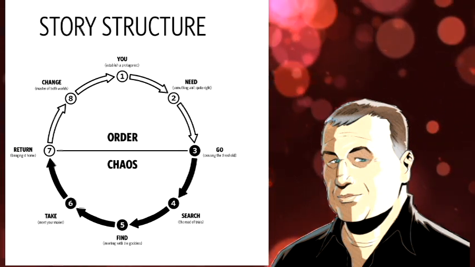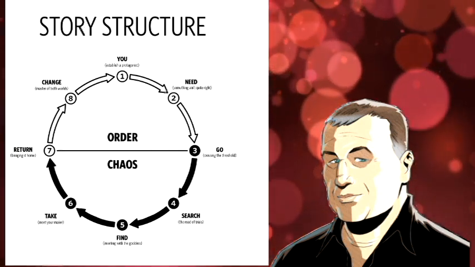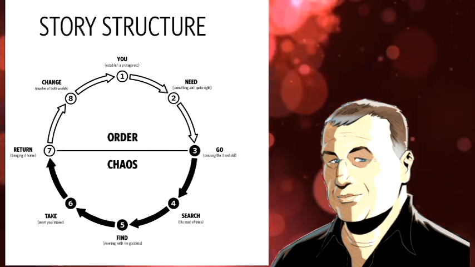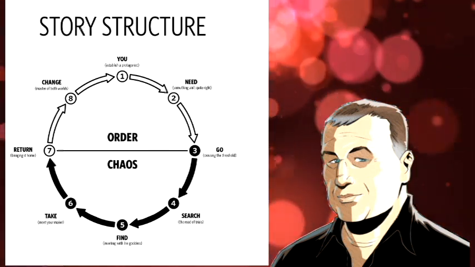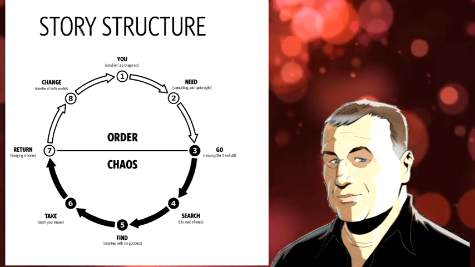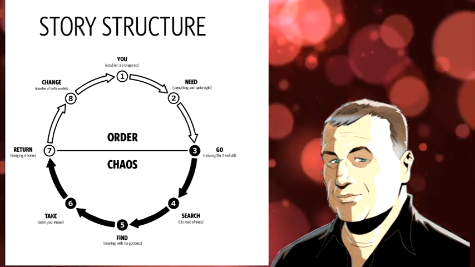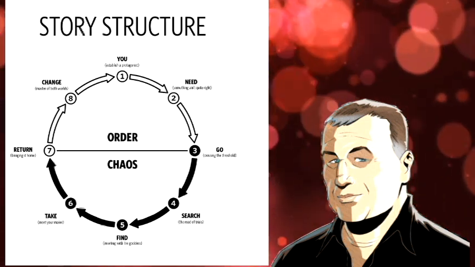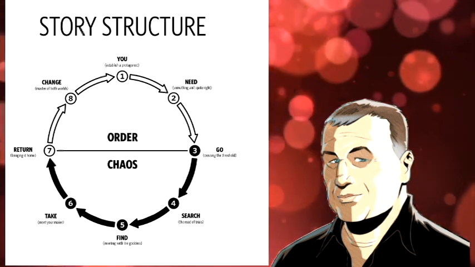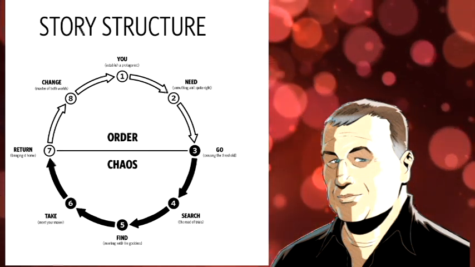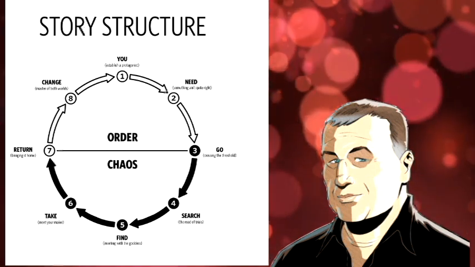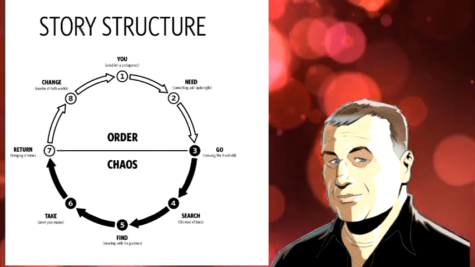Okay, let's go back to the Story Circle by Dan Harmon. So the first half of the Story Circle is the ending and the beginning. So the beginning is number 1. And that ends with the turning point at number 3. And in the middle you see number 2, which is the trigger event, which creates a need for the character to do something about the problem that's been created. So number 3, Go, puts the character on a path that is eventually going to lead to a conflict with the villain, the enemy, the antagonist, whatever you call them. That is what happens with Go. So they've entered the threshold.